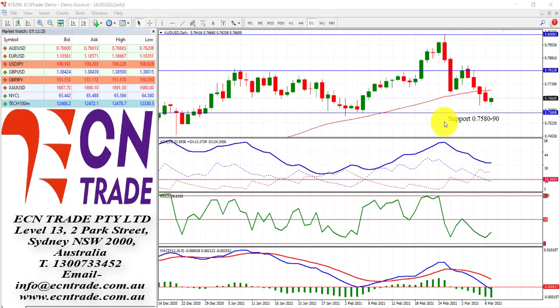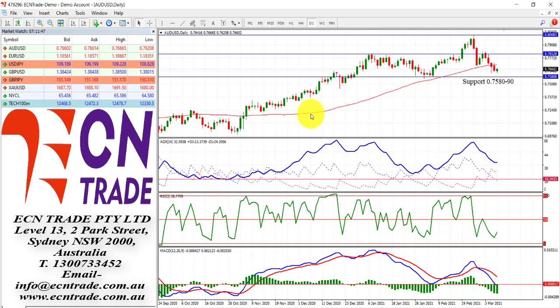The Australian dollar has moved closer towards that level of 75.80-90, which is also seen as an objective. Be on your guard though, there is a little bit of divergence on the RSI, and as we get closer towards this level, we could see a sharp turnaround back to around 77.5 cents. However, with the 60-day moving average broken, it has confirmed in the broader picture that we could see further weakness.